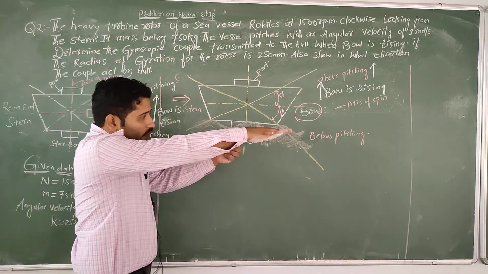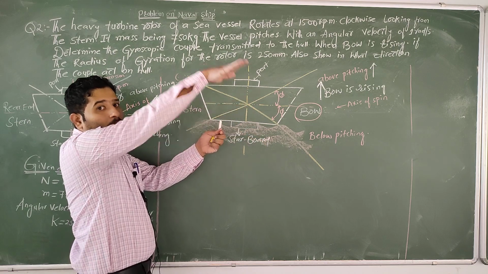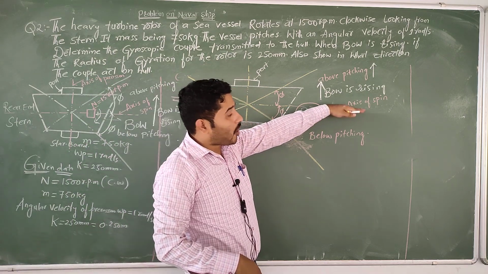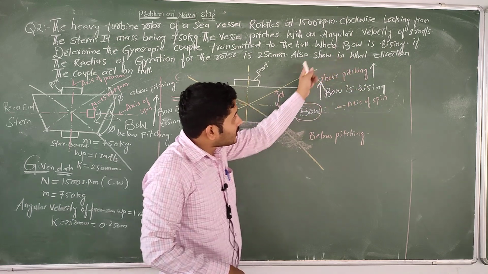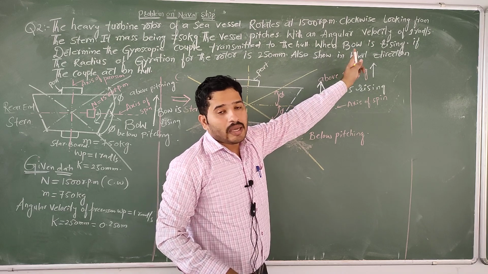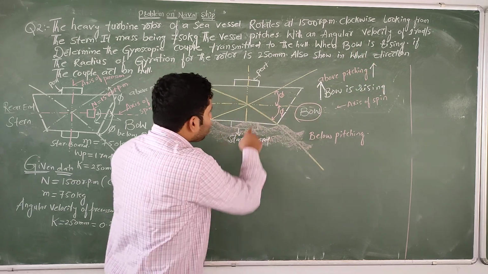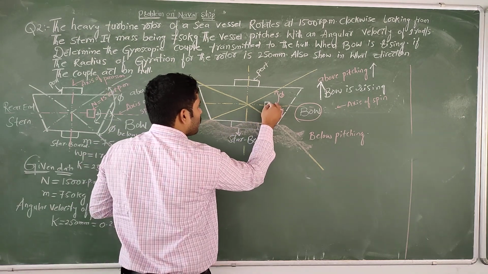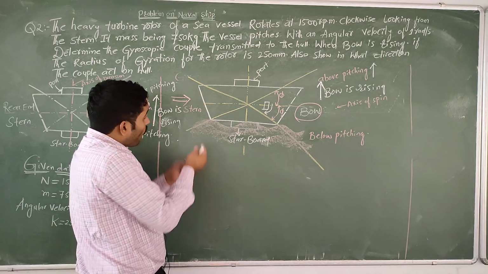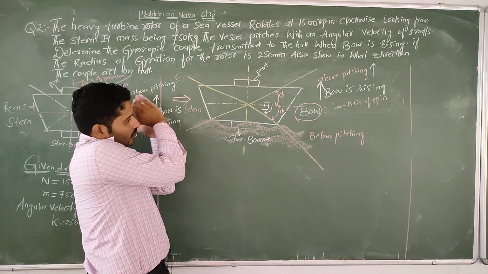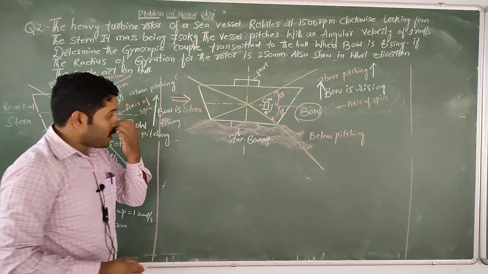Then this means that we are applying the action above the axis of spin. Is it right? So it is considered as, what can we say? We can say negative. And the rotor is rotating in a clockwise direction when it is seen from the stern. Okay, clockwise direction when it is seen from the stern.